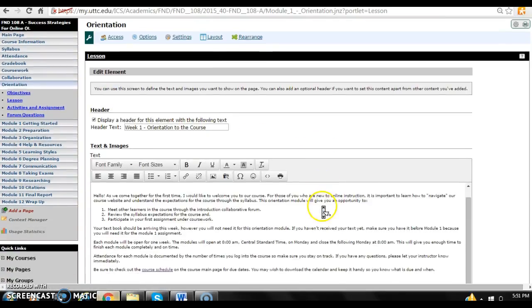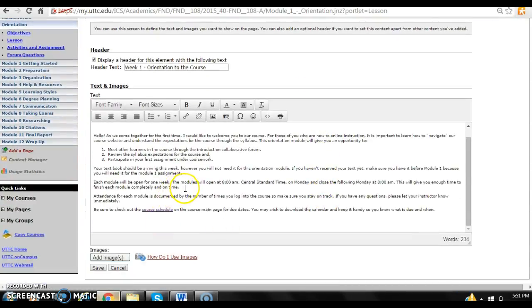Click on that pencil, and I'm going to place the modules will open prior to the week the module is slated in the course calendar, which is found on the main